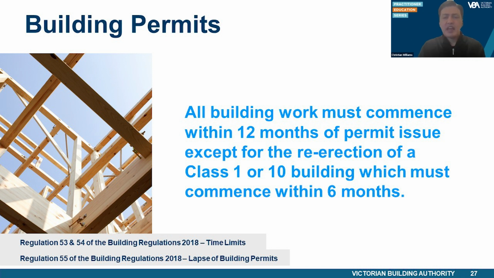If a building permit has lapsed, it cannot be extended by the RBS. Once a building permit has lapsed, a new permit must be issued in order for the building work to continue. However, where inspections have been approved at required mandatory stages and there is no further work to be carried out, a final inspection may be conducted and an occupancy permit or certificate of final inspection issued without the need for a further building permit.